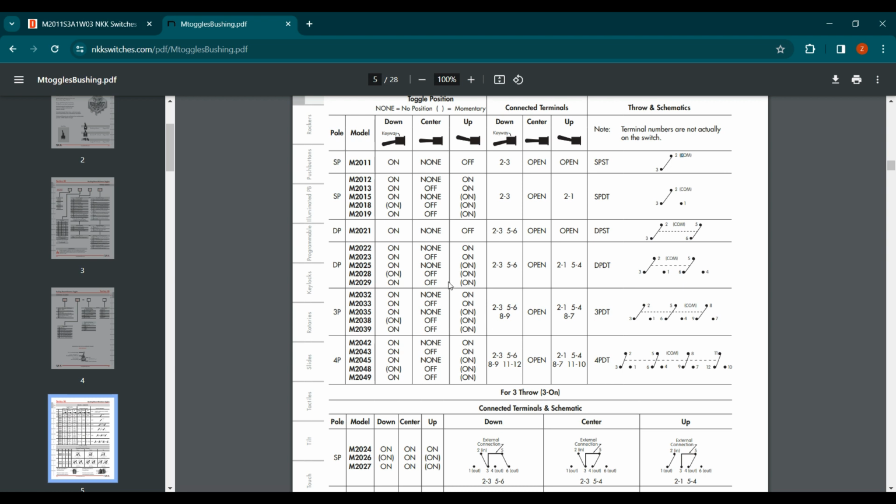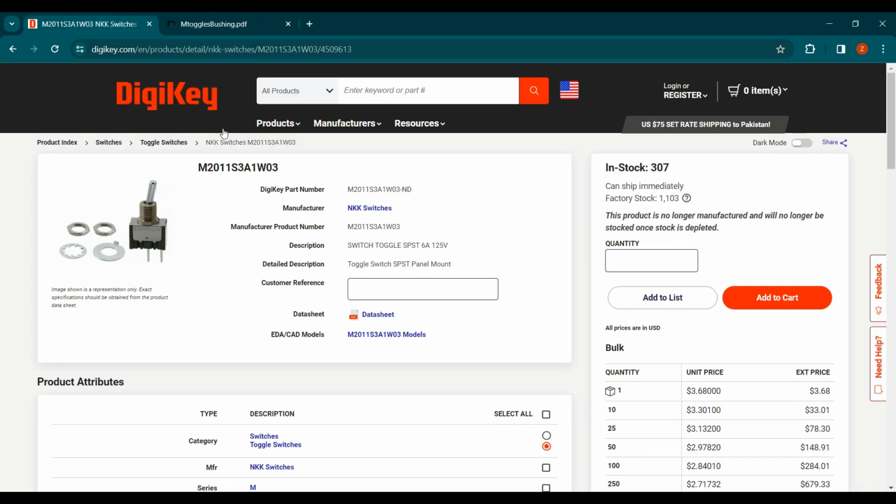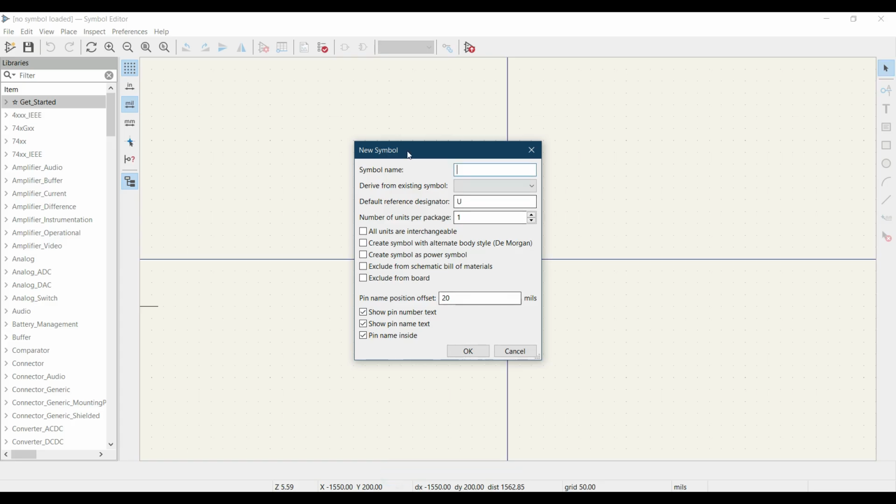KiCad asks us for a symbol name. So the symbol name we can say is single pole single throw